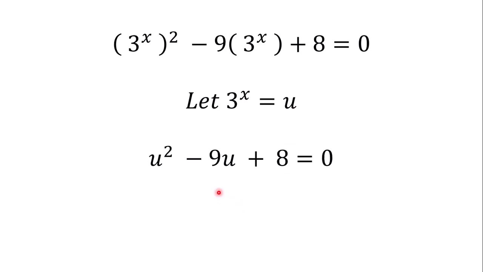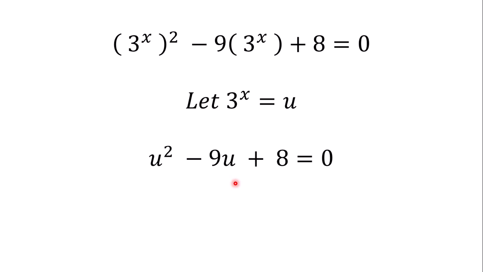So after the substitution, the equation is now u squared minus 9u plus 8 is equal to 0. Now, how are you going to find the value of u? Well, we can use the graphical approach. We can also use the quadratic formula. It's a quadratic equation though, but we can use the quadratic formula, or you can use the factorization approach or